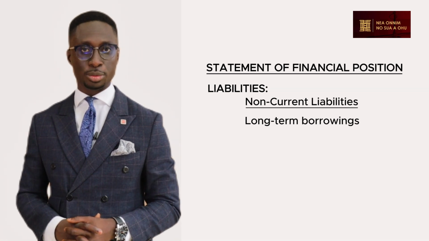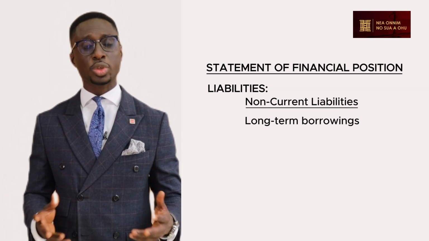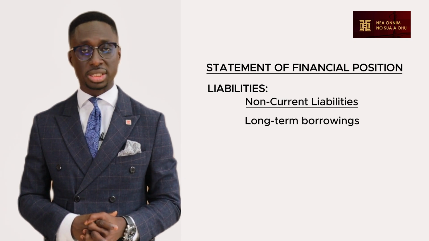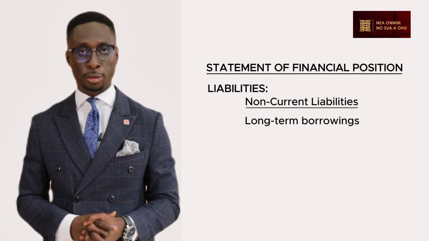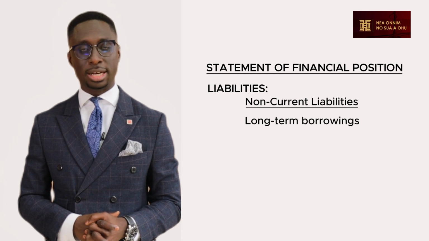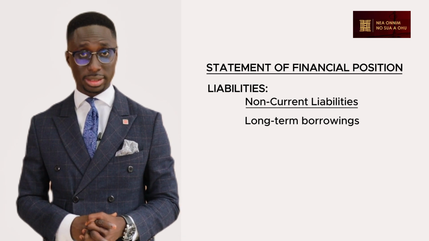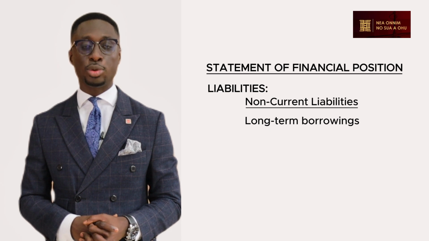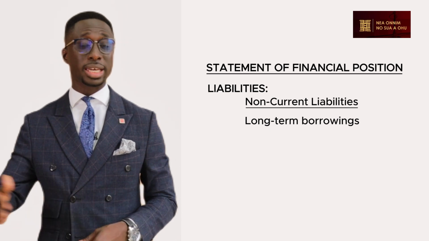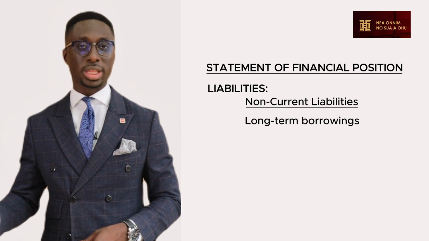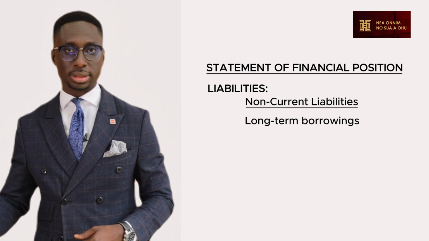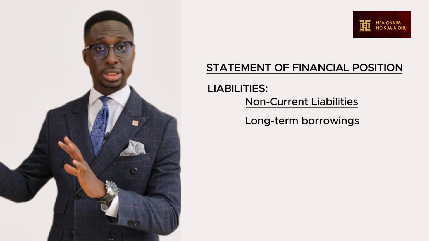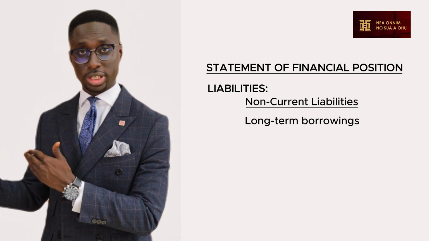Let me give an example to make it easier. So the company goes for a loan of, say, 600,000 Ghana cedis from the bank. And per its payment arrangement, it is supposed to be paying that loan over a 5-year period, and in equal installments. What that will tell you is that, holding, say, interest accruing on the loan constant,